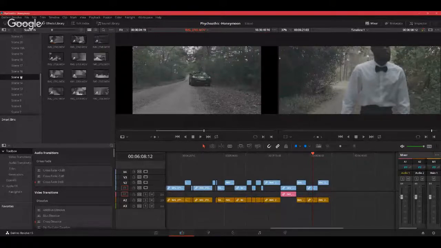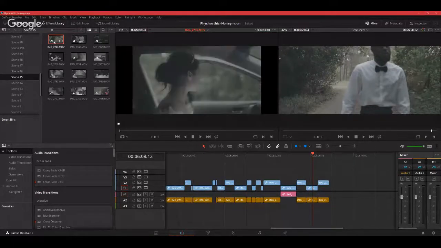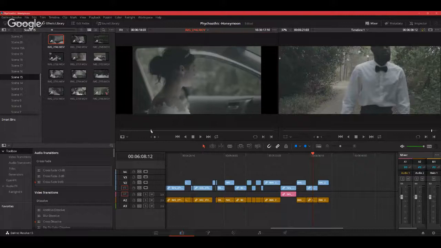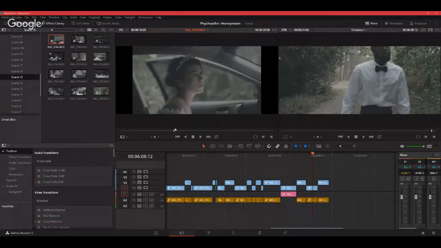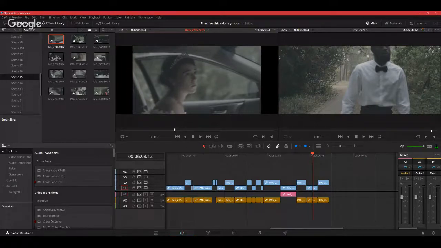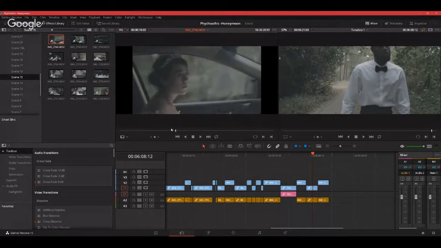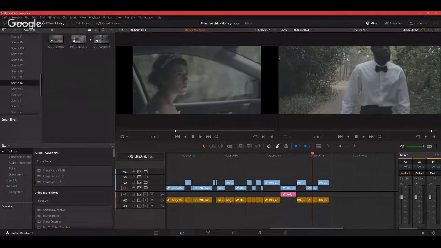Let me see what 15, we have a shot where she shuts the door as well. Let's mark that and then bring in